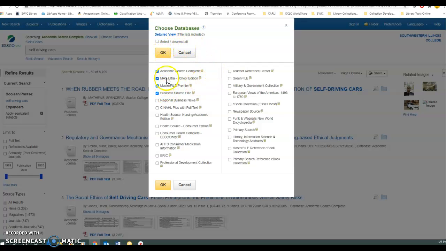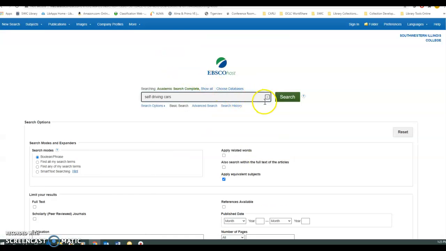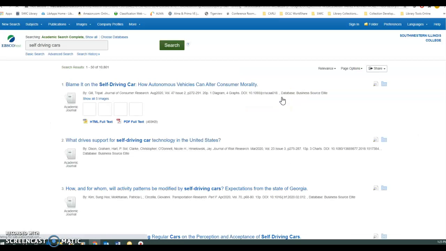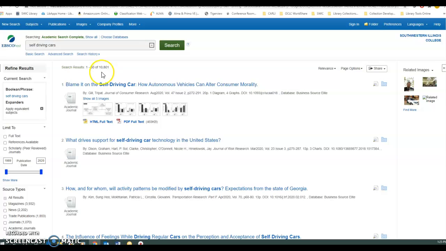I'm going to add that Business Source Elite to my search, click OK, and then I'm going to rerun my search just by clicking on the search button. Now I have increased to 10,000 articles, so I definitely picked up some articles that will help with my results and what I'm researching. You'll see even my first article that came up changed from the original one that I was looking at to